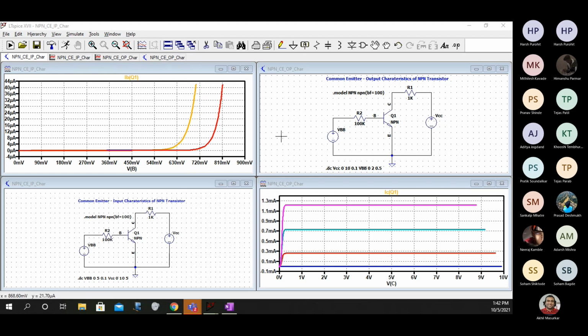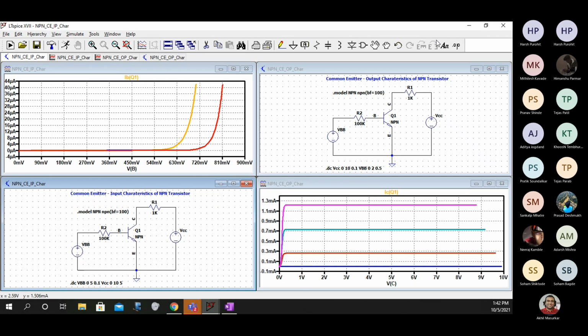Come on, post all this, open both the files, and we should be able to see like this: circuit, characteristics, again circuit and characteristics.